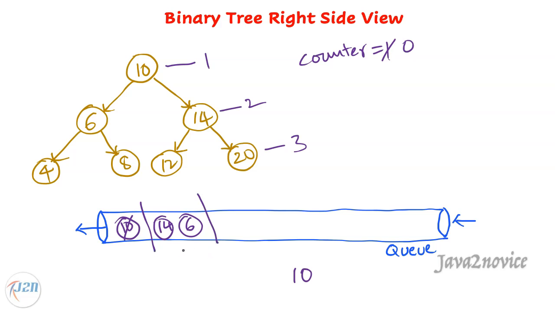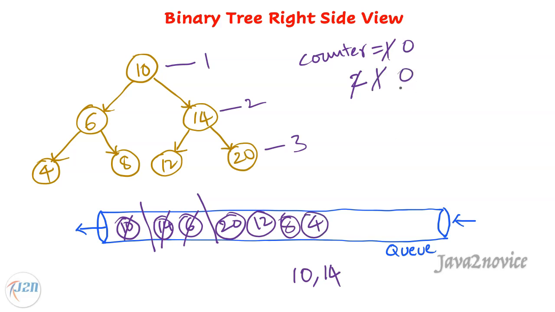The queue size is 2. Let's update counter value to 2. Remove node from queue. Since 14 is the first node from the queue in this level, track its value aside. Add its children 20 and 12. Decrement counter by 1. Now remove next node. Add its children, 8 and 4 are its children. Decrement counter by 1. The counter is 0 now. We have processed one more level. Now till here it represents level 3.